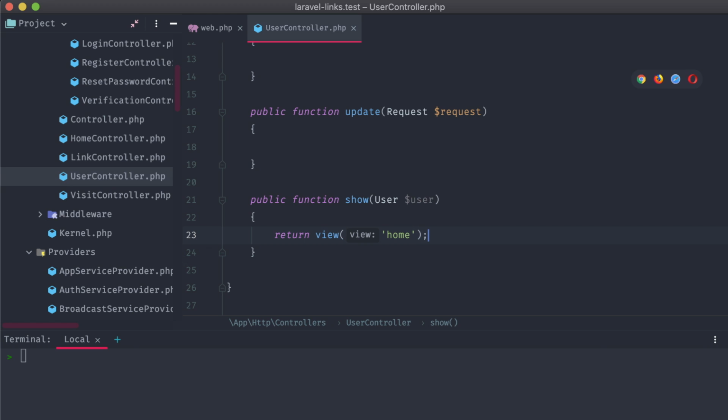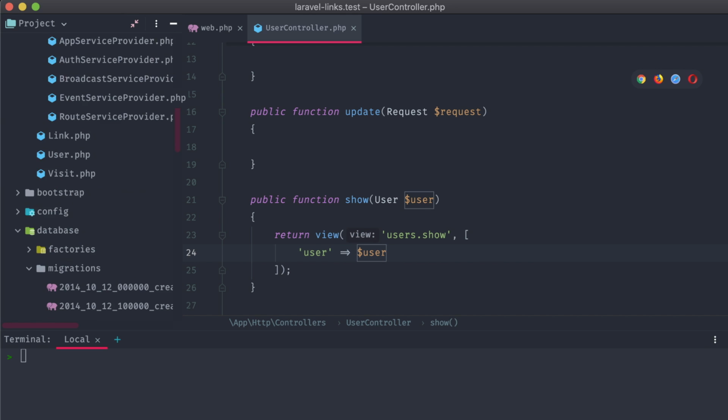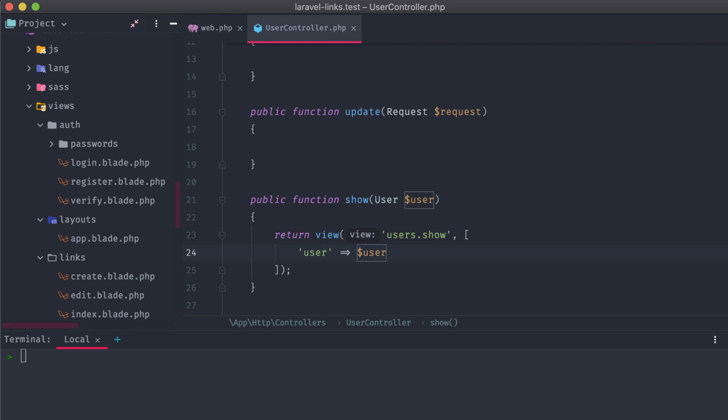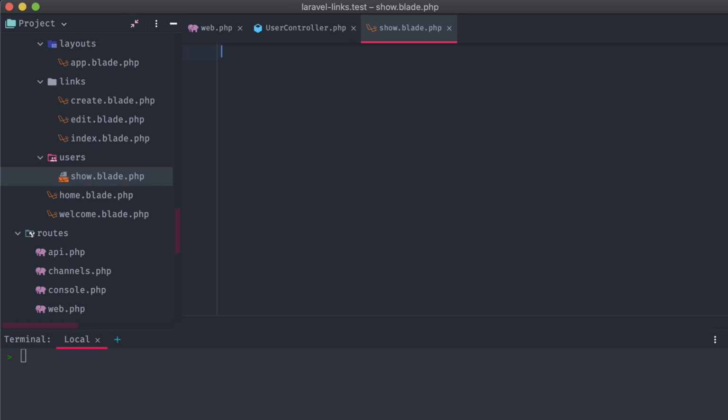In our user controller under the show method, right now we're just displaying this home view. Let's replace that with one called users show, and we'll pass in our user that's given to us through the model binding. All that's left to do is actually create the view, users show.blade.php. Just like with our dashboard views, we'll extend the layouts app template,